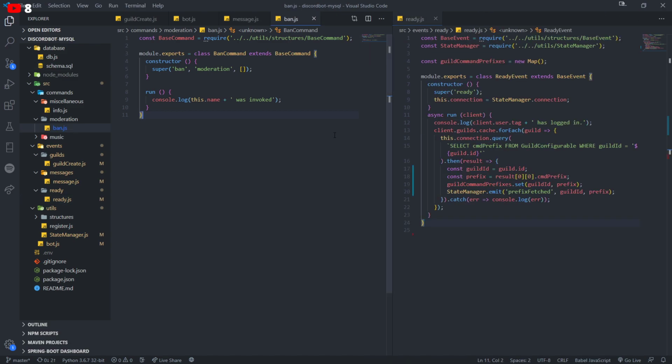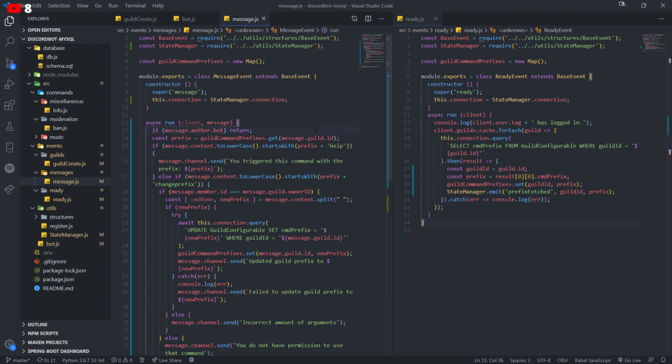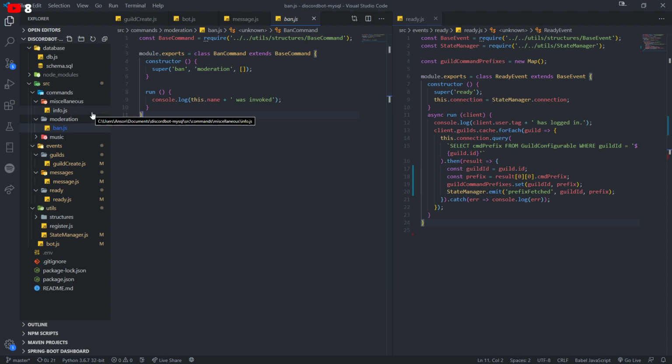For the people who are using command handlers, I'm sure you probably wonder how in the world you transmit data between two commands. I remember this was one question that I had for myself around last fall, October, December, when I was making my command handler. I was using the Discord commando framework, and we were building a Discord bot, a music bot specifically.